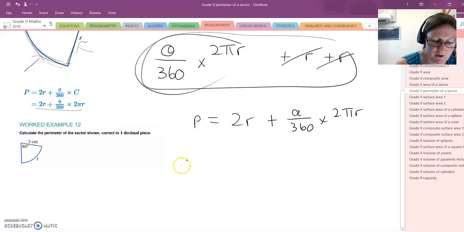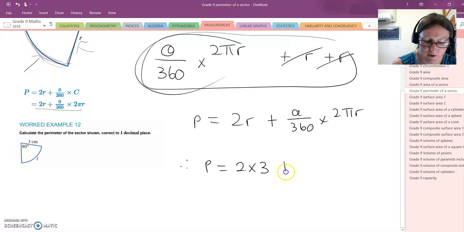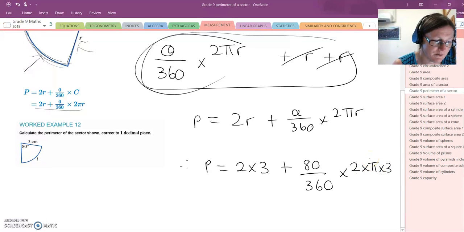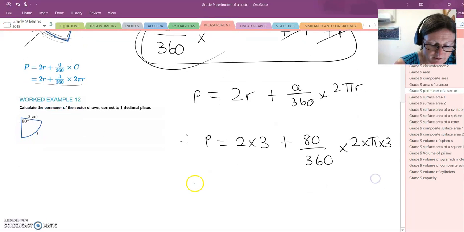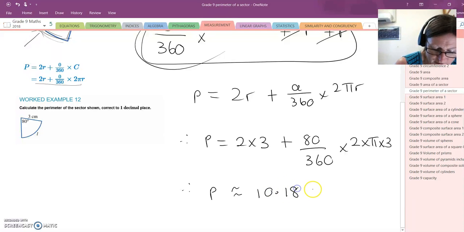So let's look at this example here. The perimeter is equal to 2 times 3, because our radius is 3, plus 80 over 360, because I have got an 80 degree sector, times by 2, times by pi, times by 3, remembering my radius is 3. If I put all of that into my calculator, the perimeter is approximately 10.189 and so on centimetres,